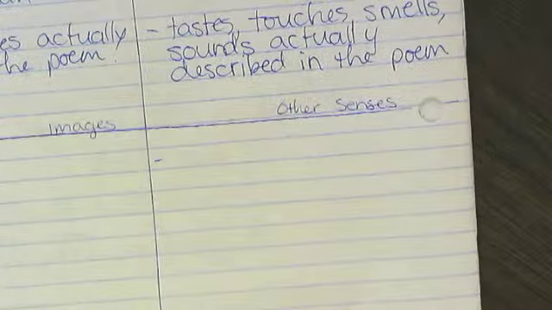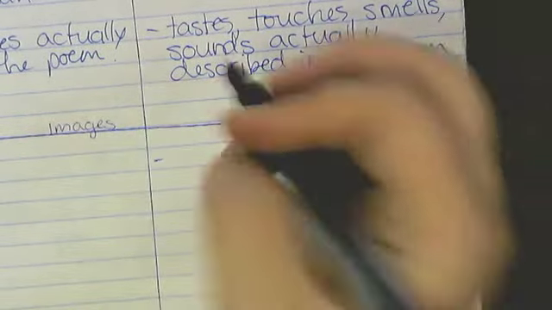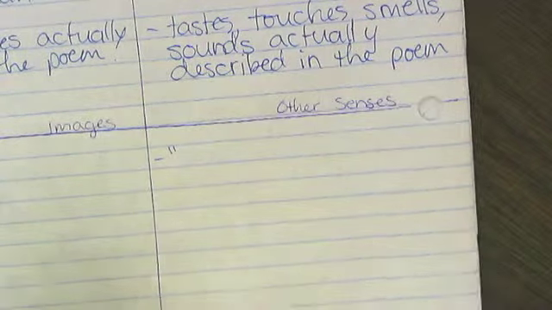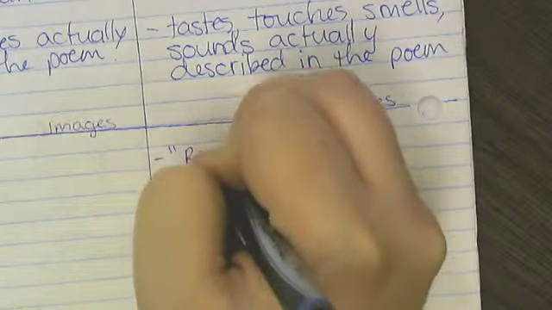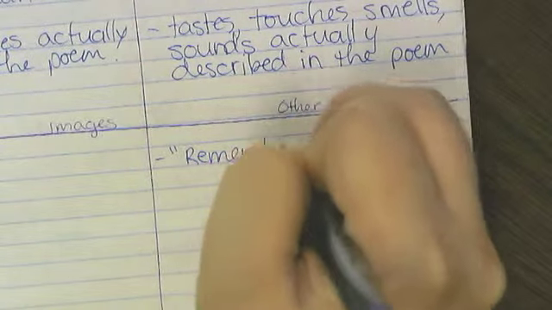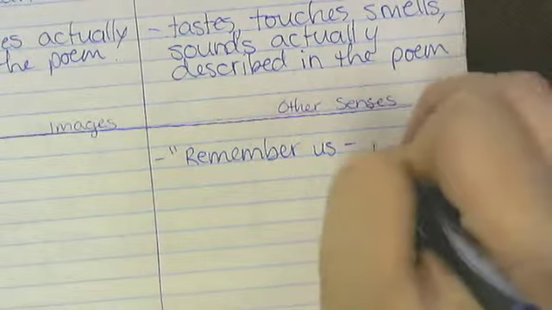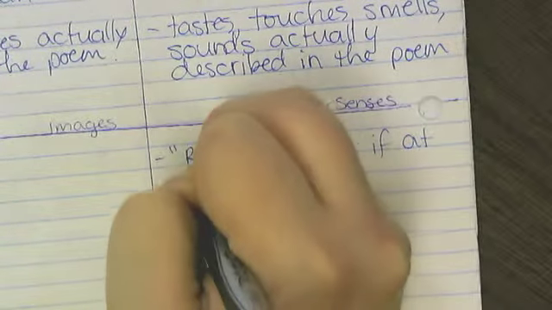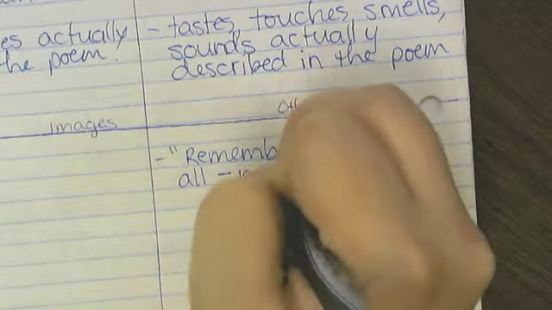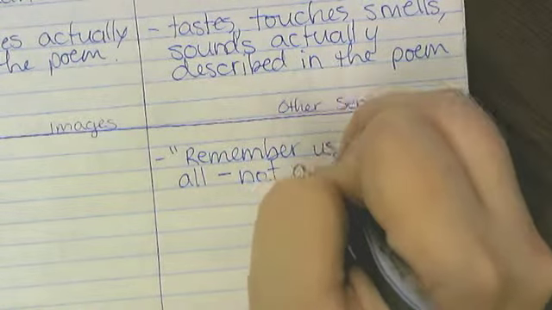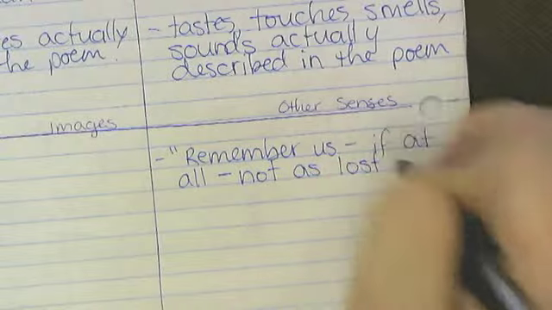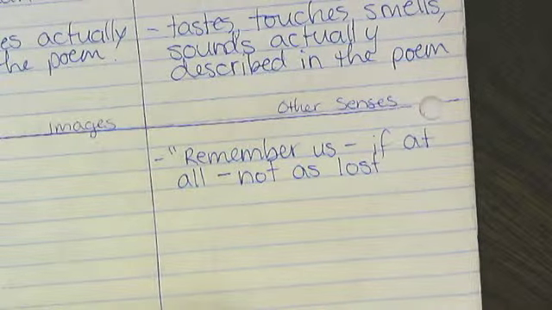or phrases. What are some of the important quotes, words or phrases in this poem? Here, you're quoting from the poem, so it actually needs to go in quotation marks. And you write it exactly as it is. So, "Remember us, if at all, not as lost". And for the purposes of showing you something, I'm going to go on to the next part, "not as lost